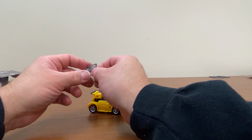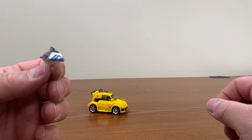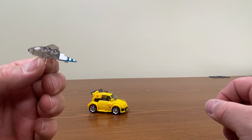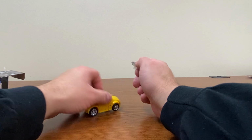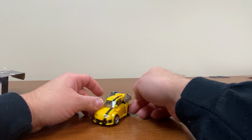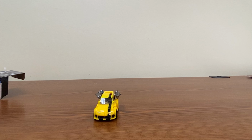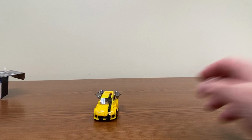Also, now, like this, you can also turn this into his blaster instead of just going with it as the stingers, if you want. But there you go. There's our animated universe Bumblebee. I like the original event better. I don't have it here with me right now, but